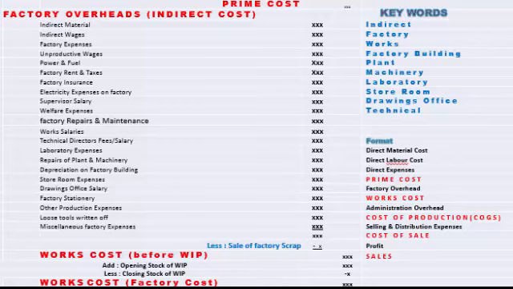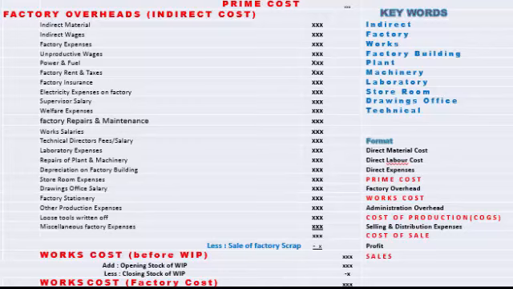Laboratory, where is the laboratory? In the factory. Storeroom: a storeroom is a place where we store the raw materials and consumables. So this is a factory. Drawings office, this is a very technical word. The word office is used, but drawings is the place where we do the drawings of the finished goods. This place is there in a factory only, where we plan how the finished goods should look.